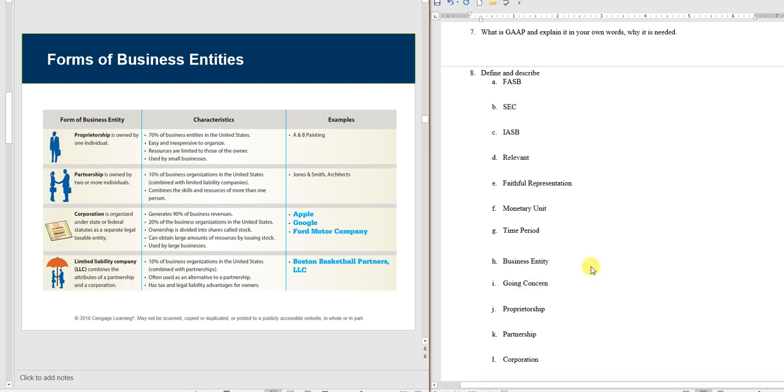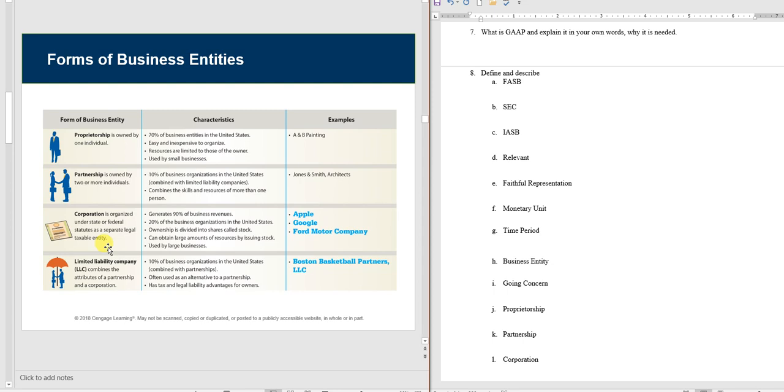Some different forms of organization. So you're going to skip down here. I think we come back to going concern. You have proprietorships. These are under the entity concept, really. A proprietorship is owned by one person, a partnership by two or more. A corporation is organized under state law, and it operates as a separate legal taxable